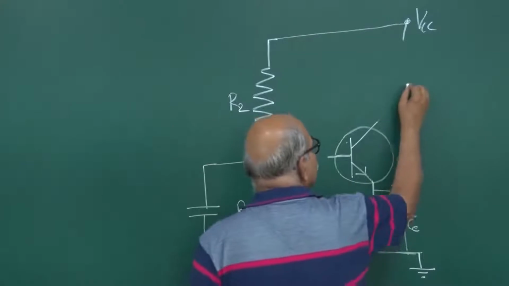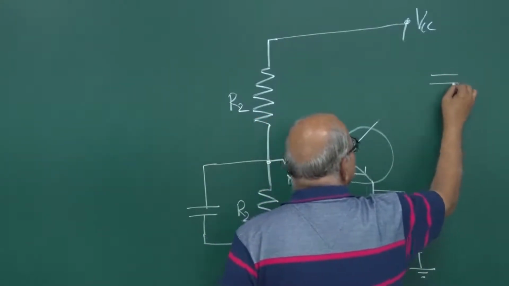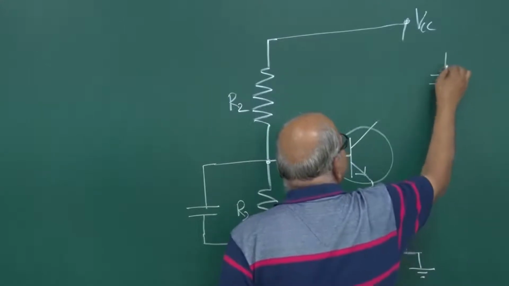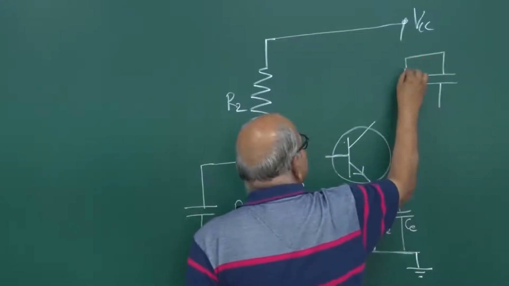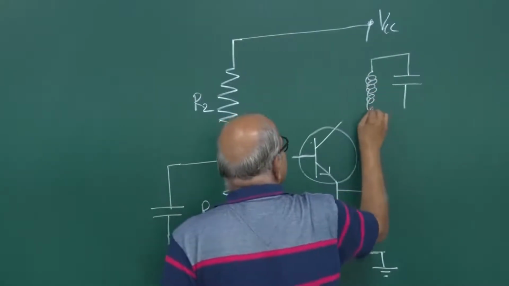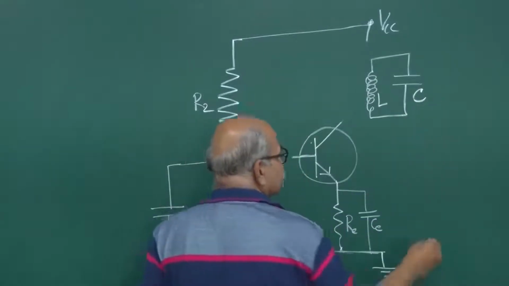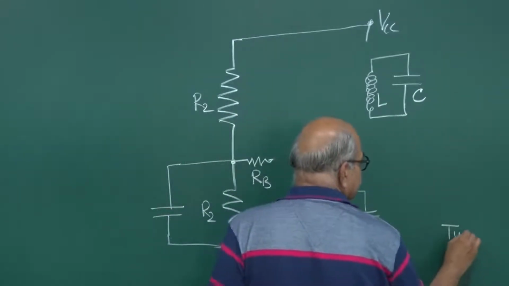And here it goes to, let us say, a capacitor here, and then you have this inductance here. So this is that LC circuit, tuned circuit,